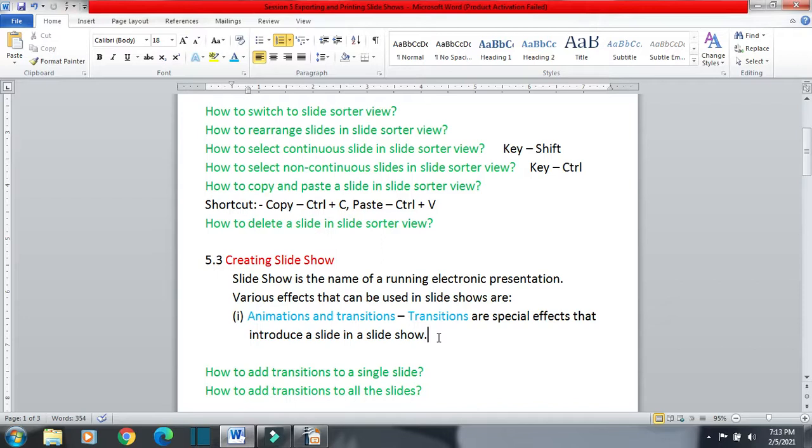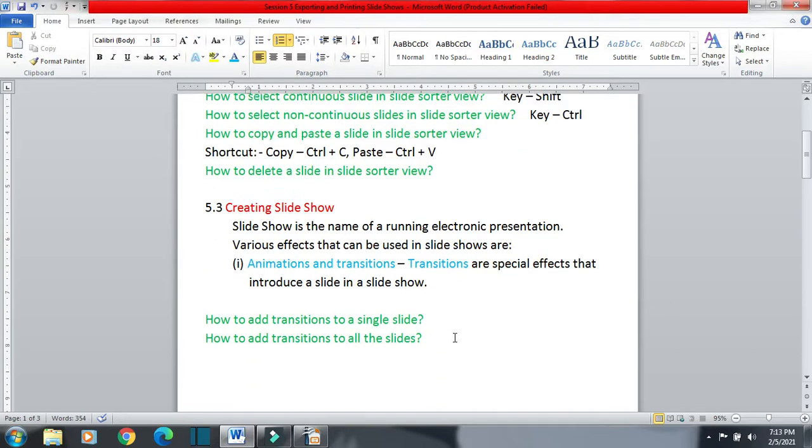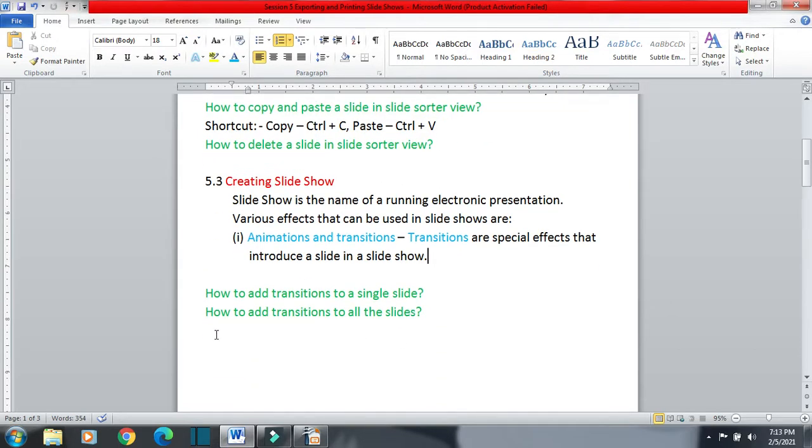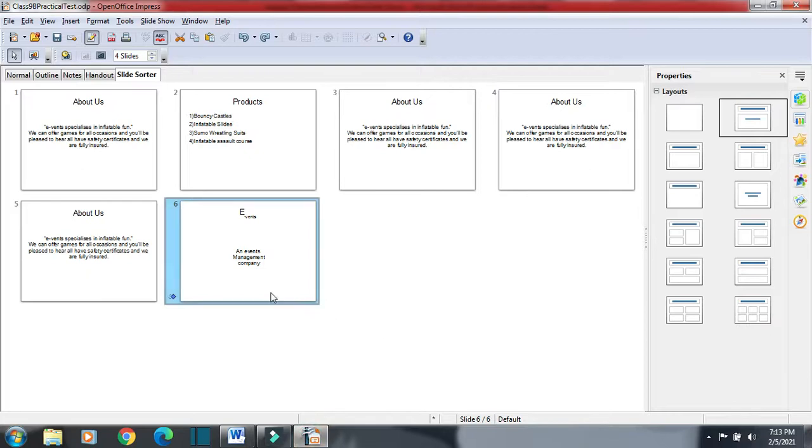So slides come one after another. First slide we are having, then the next slide will come from the right side, from the top, or any other effect will be used, that will be the transition effect. So how the new slide will come after the previous slide is called slide transition. We have multiple slides in a slideshow. One slide is there, then comes the next slide. How will the next slide come? Now the question comes, how to add transition to a single slide, meaning how to give transition effect to a single slide. Suppose we have multiple slides here.